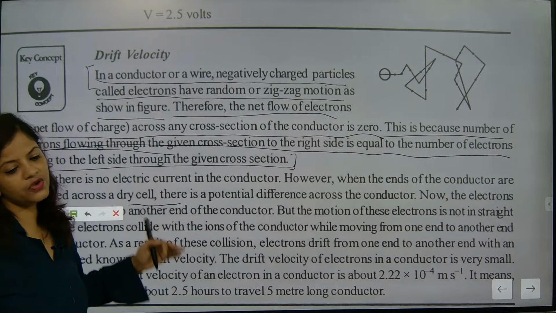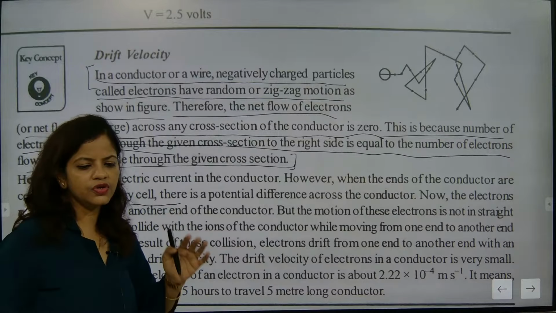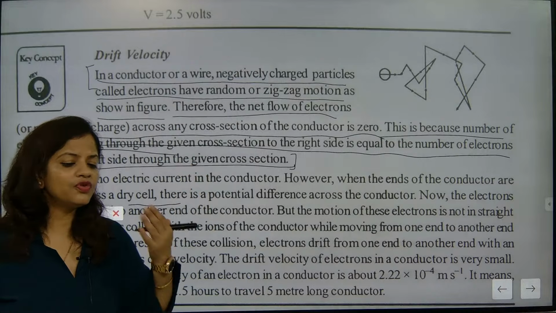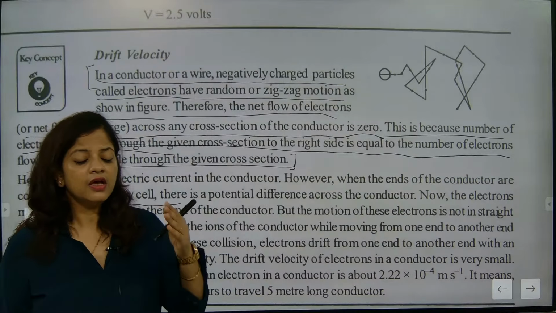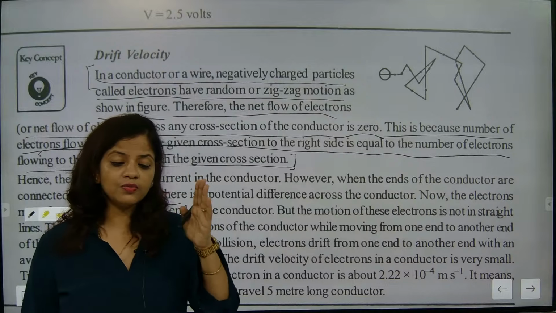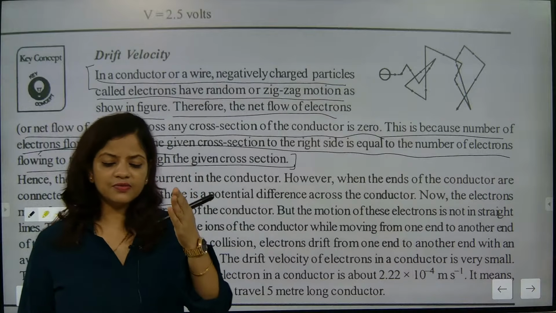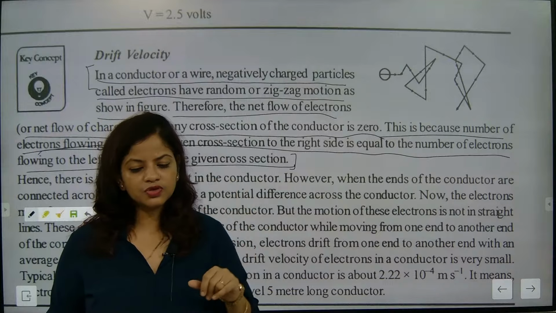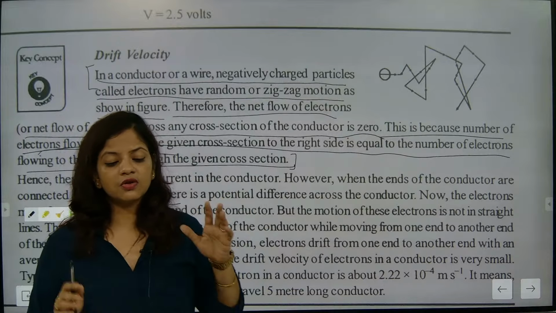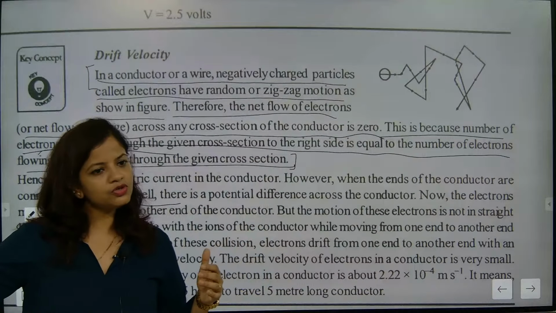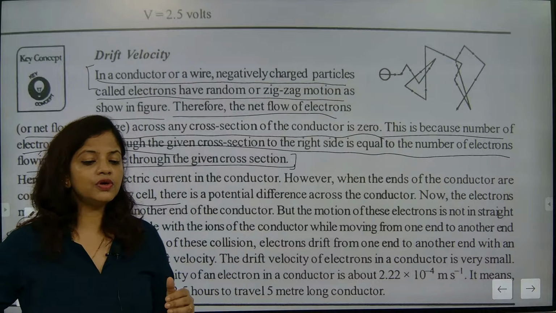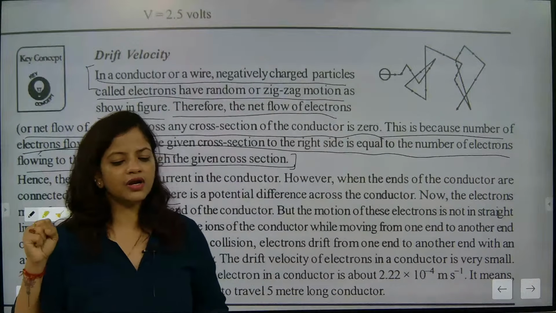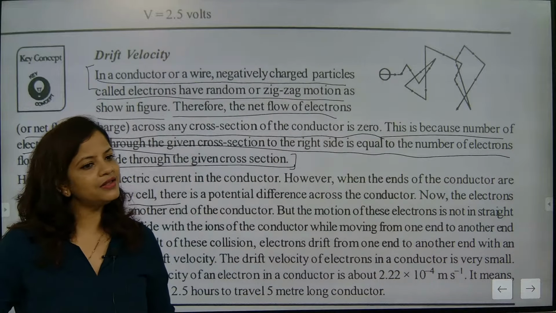So in a conductor or a wire, what will happen? The electrons present in the outermost orbit of any conducting device, a simple example, copper. In copper, two electrons are present in the outermost orbit. These two electrons are not bound by the nucleus, because in the outermost orbit the extra two electrons do not have that much nuclear attraction. Understood? So these ions are free to move.